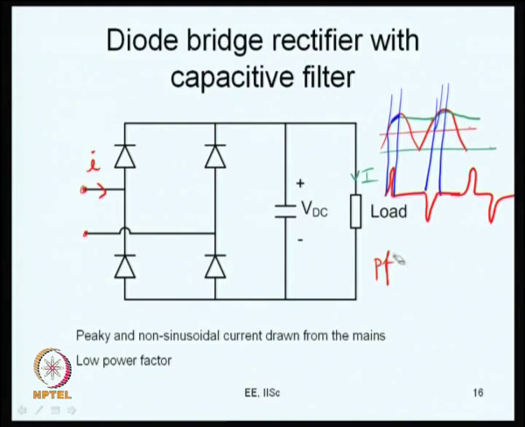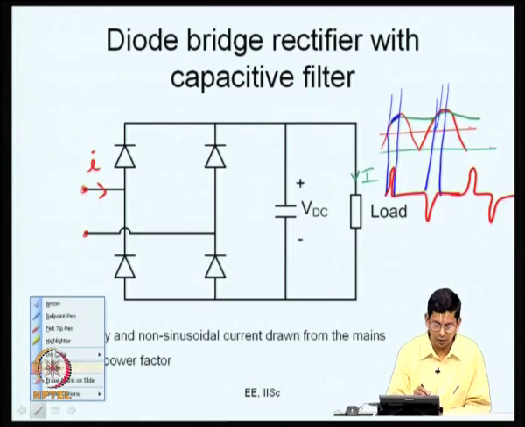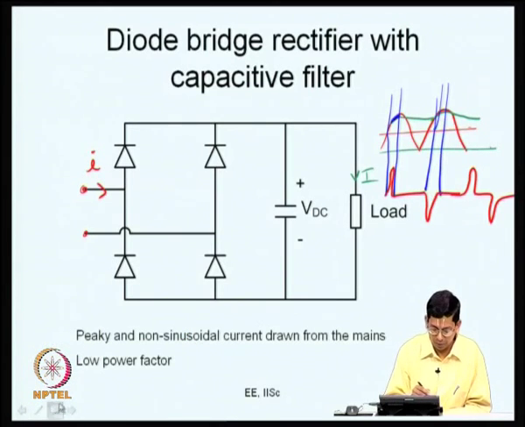So, what I would like to point out is, you consider this case of capacitive filtering. In capacitive filtering, the distortion is very high. Therefore, the distortion factor is very poor. The distortion factor is essentially the ratio of the fundamental current to the RMS current. This is very, very low, and the power factor is proportional to that, hence it is a very poor